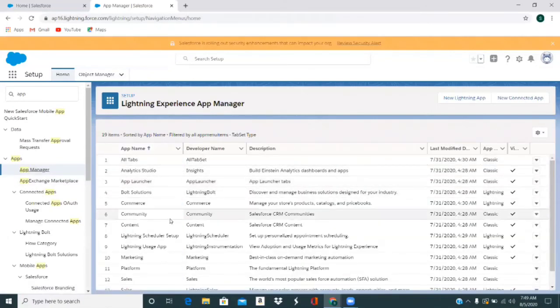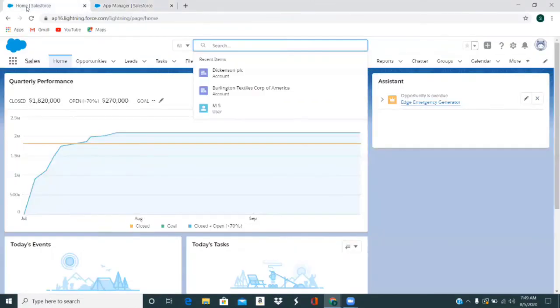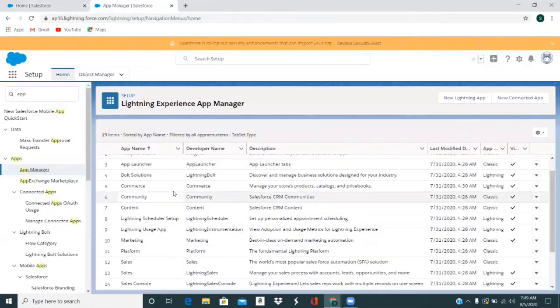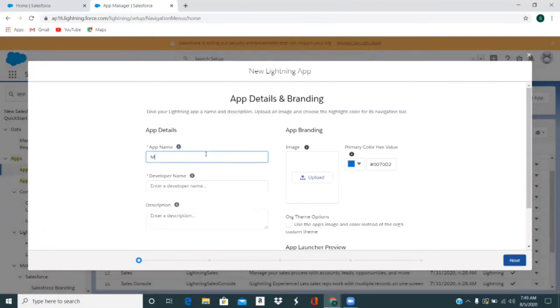Here already all the standard apps have been listed, like we have sales, the Lightning Sales, which we are currently working on. So it is there in the app manager. Now we want to create our new Lightning app. We will call it My App. The developer name will come by default, and the description would be app for Torch Buddies.